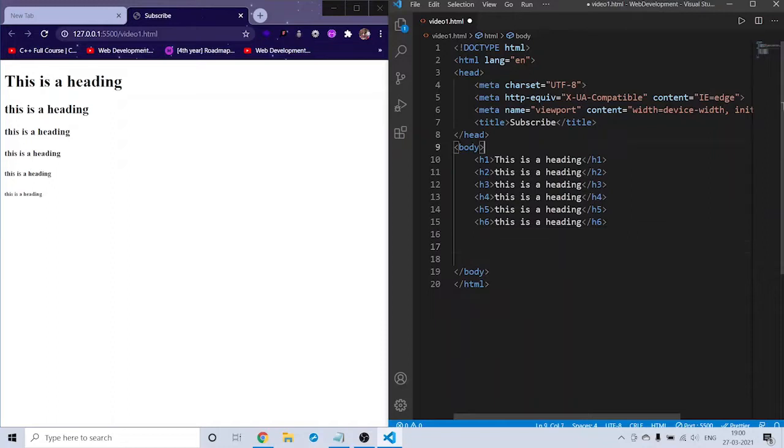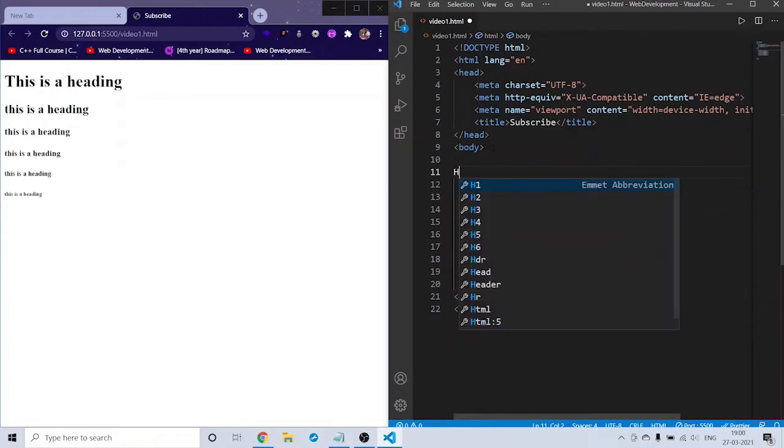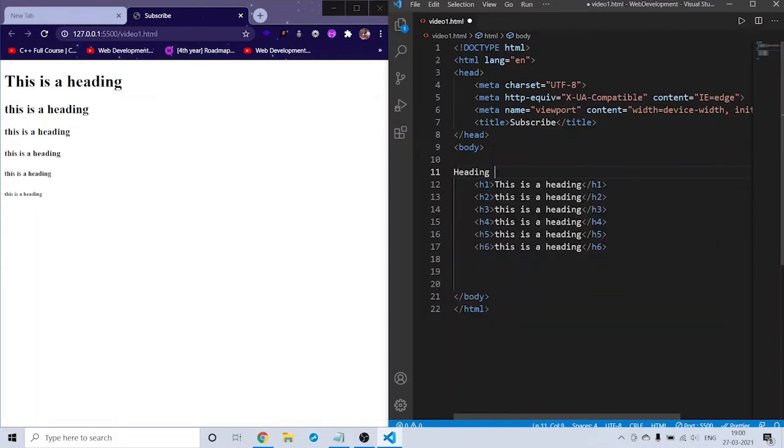First, let me tell you about comments here. Comments are nothing but for the understanding of programmers. These are ignored by the browser and the compiler or an IDE. So here I am going to write a comment like, heading part starts here, and I will comment this. I did this with the help of Ctrl and slash, which is beside the shift key.